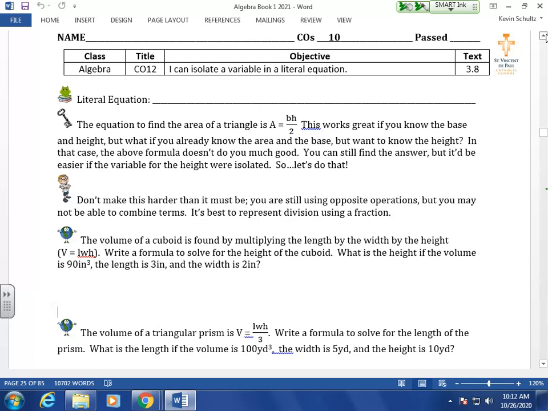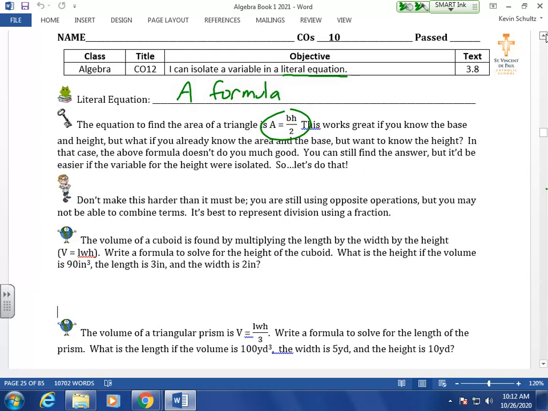So CO12 asks us to isolate a variable in a literal equation. A literal equation is basically a formula. Probably the shortest definition you'll have. Okay? A literal equation is basically a formula, where, for example, the area of a triangle is base times height divided by 2. The 2 is always a part of it. The base and the height are always needed, and you can combine those things in this manner to find the